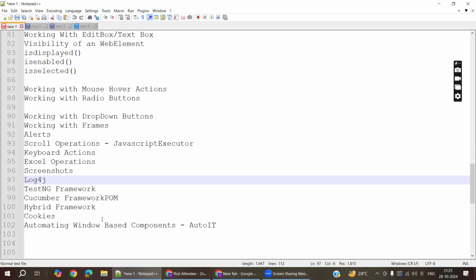Okay, so we have these types of frameworks we are using, like the TestNG framework. TestNG is nothing but Test Next Generation. By using TestNG, we have so many advantages. We have very easy annotations, and then